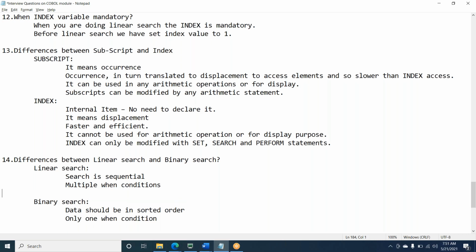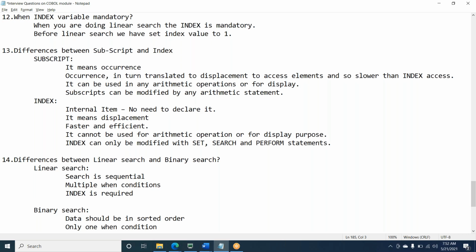Next, index is required here, correct? So no need to declare. Declaring ascending or descending is optional, but here it is mandatory.